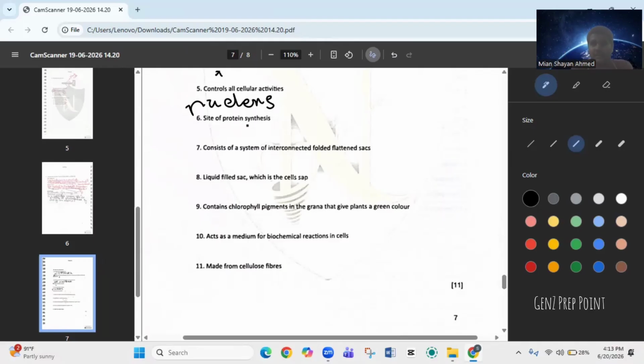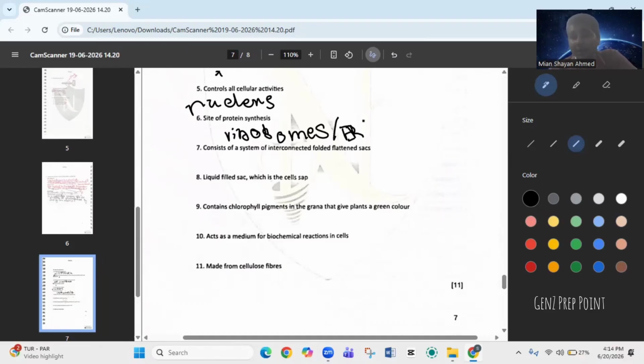If we further move on, site of protein synthesis, which is the site of protein synthesis again? Where is protein synthesized? Ribosomes. You can also say endoplasmic reticulum because ribosomes are present where? They are present on the granular endoplasmic reticulum. So I prefer you write endoplasmic reticulum. You can write the full form. Site of protein synthesis, proteins. What is the purpose of ribosomes? Repeat with me. It joins amino acids. It synthesizes proteins from amino acids. It generates protein by assembling amino acids.